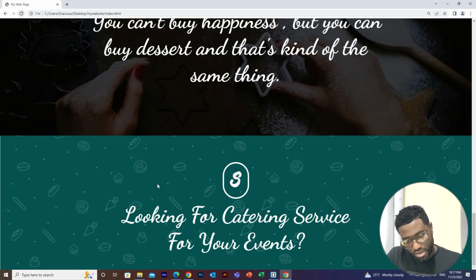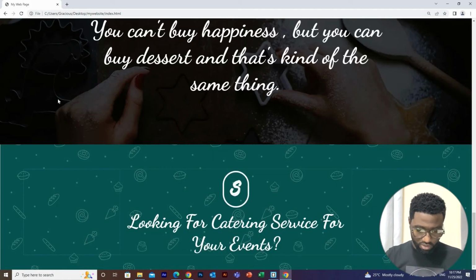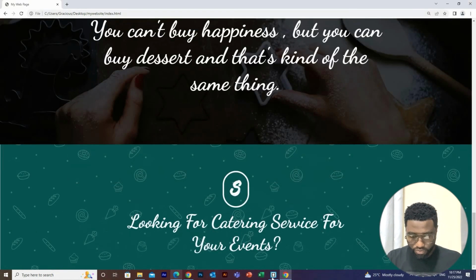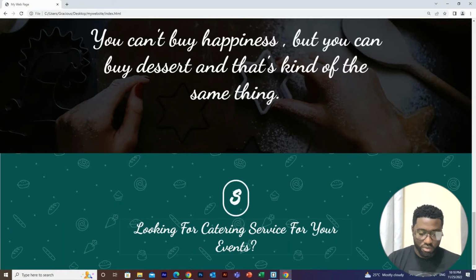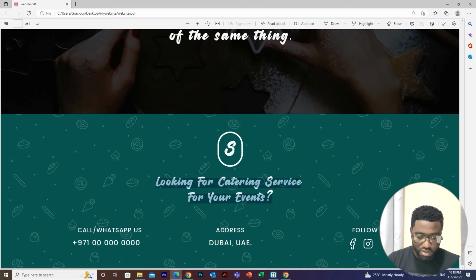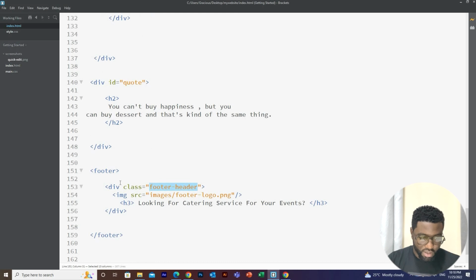Ta-ta-da. So I think we need to reduce the font size a little. So let's make this 5, and then this 27. Yeah. We'll reduce it to, let's say, 4. Okay, 4, yeah. So the next thing is the contact details. Okay, so let's go here. After the footer header, let's create another